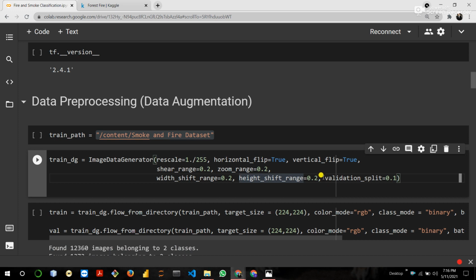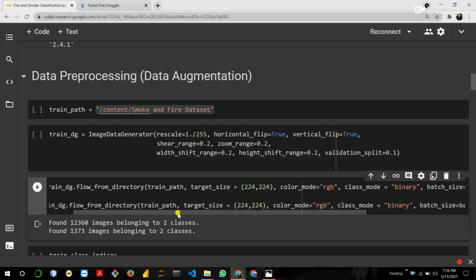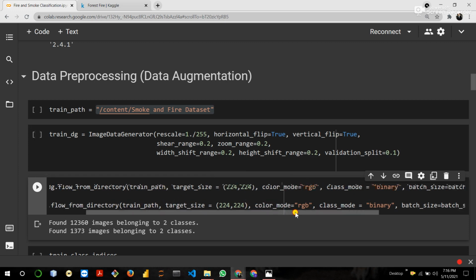Here the parameter validation split is 0.1, which basically means the training data is divided in a 90 to 10 ratio. So 90% of the data is used for training and 10% for validation. Both the training and validation parts require the target size and class mode.